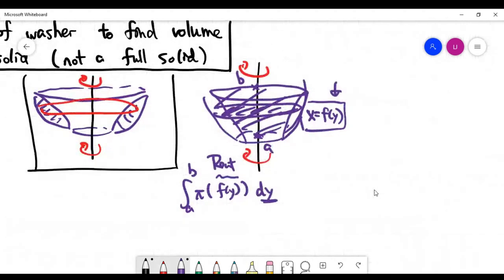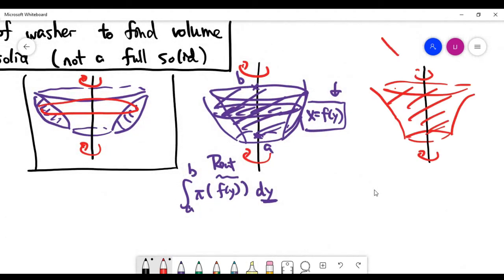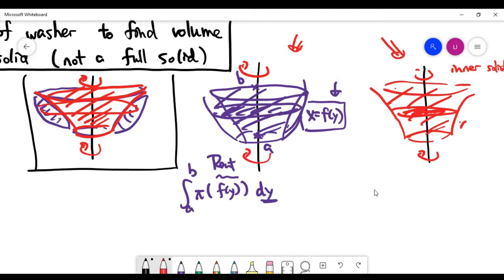So let me draw the picture. Please look at my picture in red color. If you look at the picture inside the black box on the left-hand side, I'm talking about the red part here. I would like you to cut it out from our full solid. After cutting the red part out, that's the volume of the solid we want, right? And you see this inner solid itself is a full solid, so we can borrow our method from the disk method topic